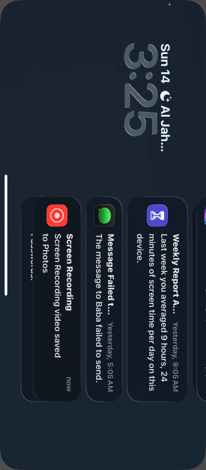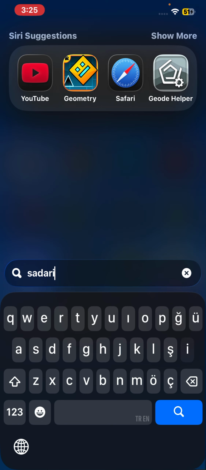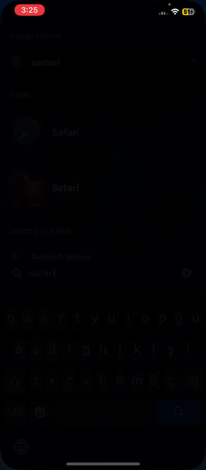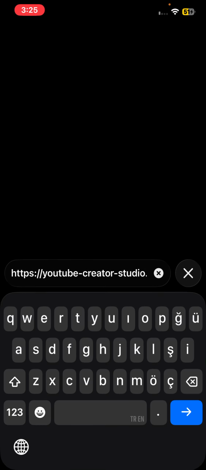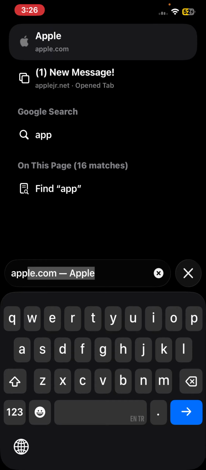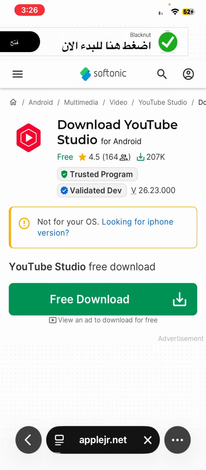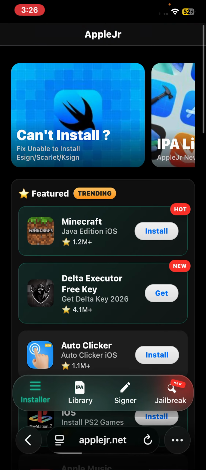First, go to Safari. And then type in applejunior.net. Go to here, click on KSign, and then